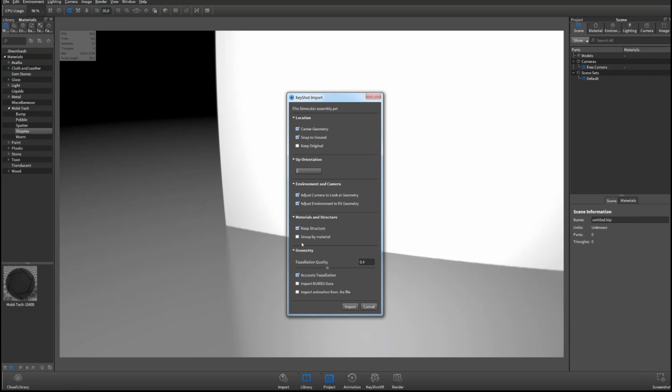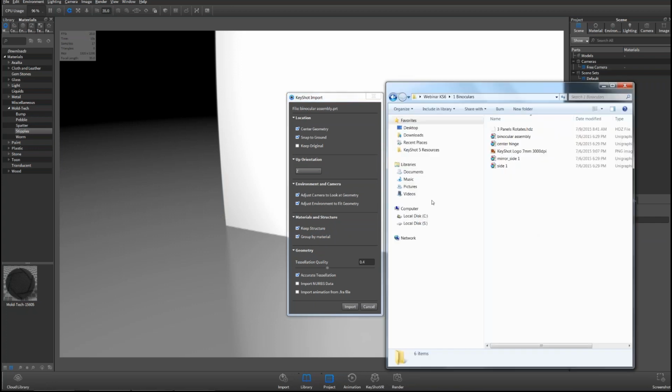One really nice thing for those of you who are working with large assemblies is the addition of grouping by materials. Because if I were to import this and I have multiple parts, right, and within, in this case, NX, they were the same color, green or blue, but in different parts of my assembly, they're not going to be linked when I import those.